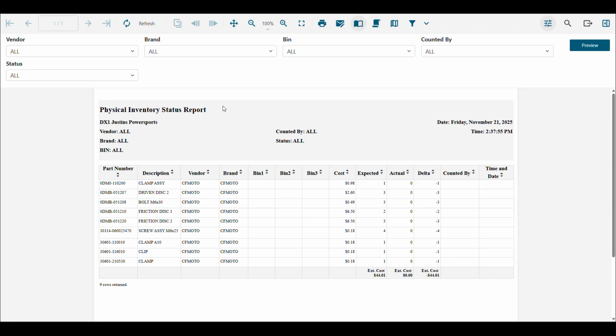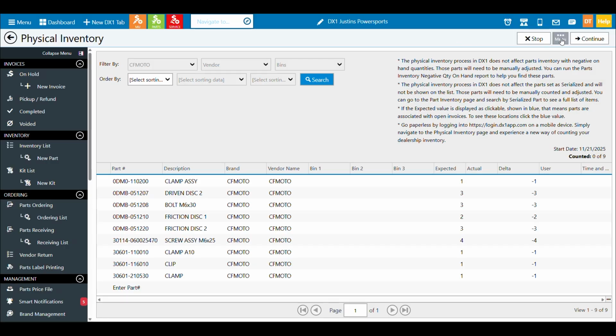So even if you did that process and realized you made a huge mistake, if you had a backed up copy here, you would possibly be able to override the changes you made. And again, this report shows you your delta amounts, what's been expected and what's actually been counted. In this case, I haven't counted anything yet, so my negative delta is the full amount. All right, so those are just some of the options there.